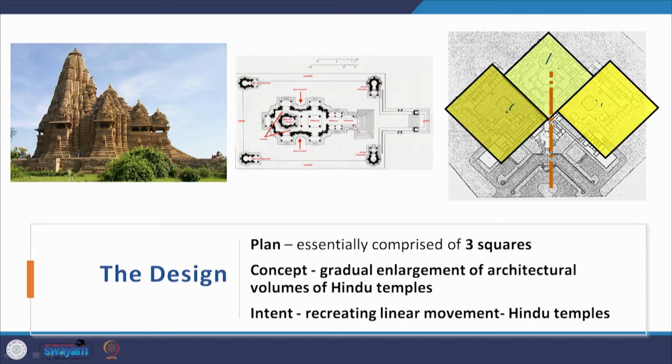This gradual upgradation of the scale of the square is similar to the gradual enlargement of the architectural volume of the traditional Hindu temple, as you move deeper into the temple towards the Garbhagriha, and you are right underneath the main shikhara at the back of the temple, the form grows and enlarges. The intent is to recreate this linear movement through the Hindu temple within that of a modern